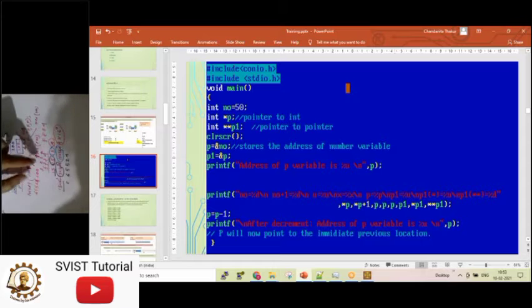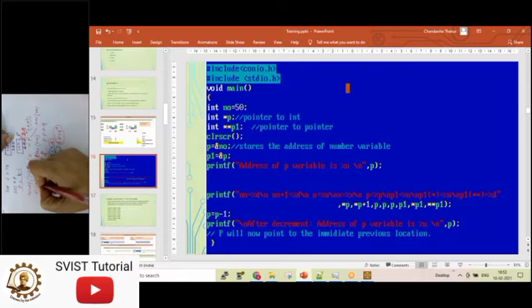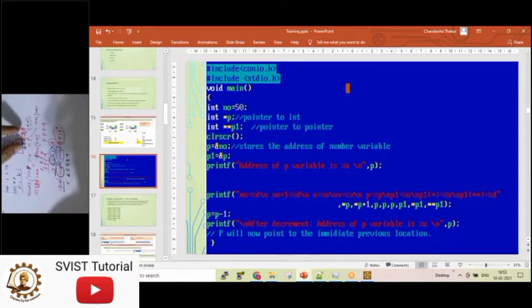You need to know that these two are hexadecimal addresses, the same address, 65,524 only. This is a random address. Don't think that I have taken some big value for some purpose. It is just a random number which is assigned, and it will be printed in hexadecimal.